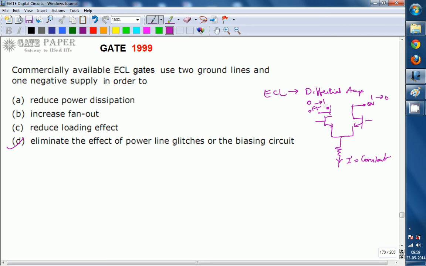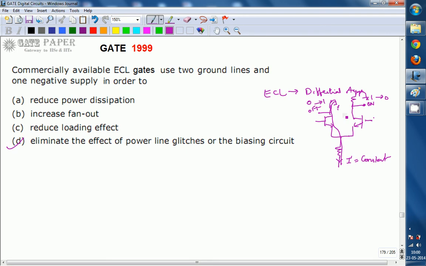So the power supply line should be free of noise and spikes. Whenever the current is contributed by this transistor, this should have a separate ground line, so that current will flow in this direction. If this is in the on condition, it contributes the current in this total, and the current flowing through the resistor is contributed by the second transistor. By that time it should have a different power supply, so that there are no power line glitches.